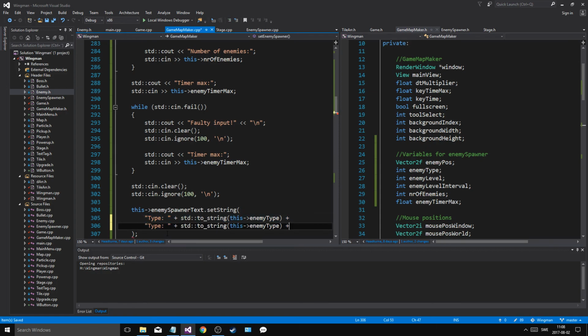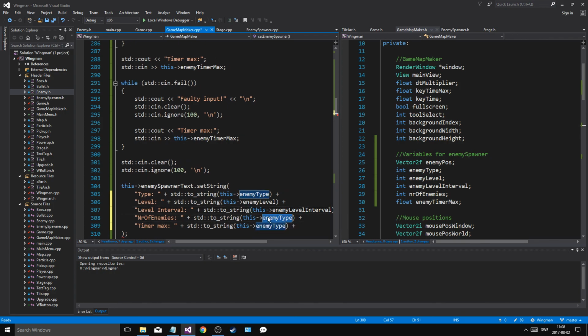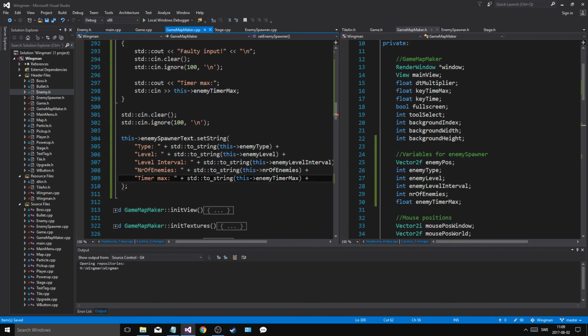Copy this, boom, type level, enemy level, level interval. I'm gonna change those later. Number of enemies, enemy timer max, enemy level interval, number of enemies, enemy timer max. Alright, so that's good. Now we got a bunch of stuff